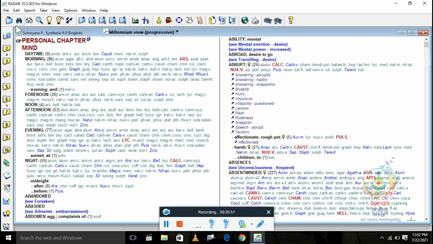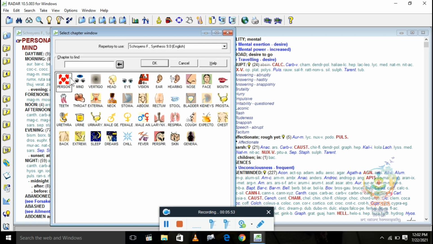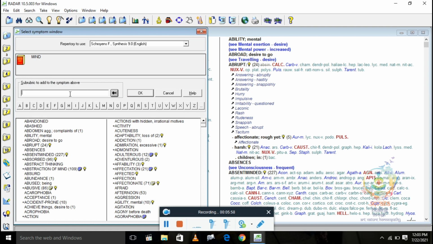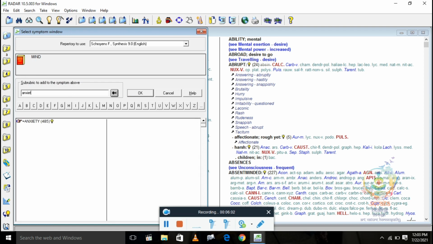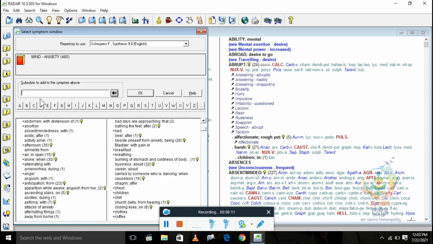Now let's see, you have opened chapters. Here you have to go to Mind. Now I want to record a rubric, so I will go to anxiety, business. See what I am doing, I am just typing here, so the rubric directly appears.